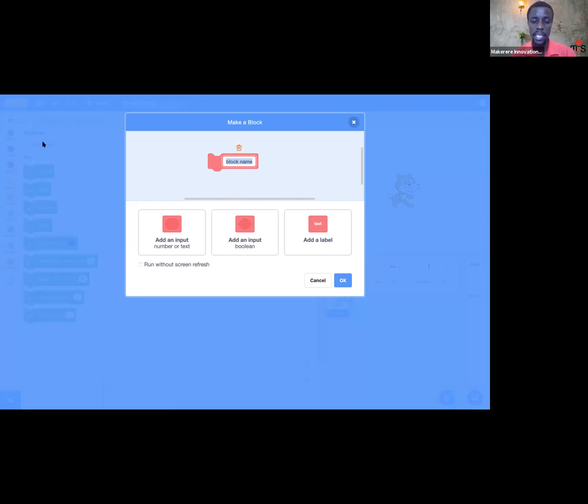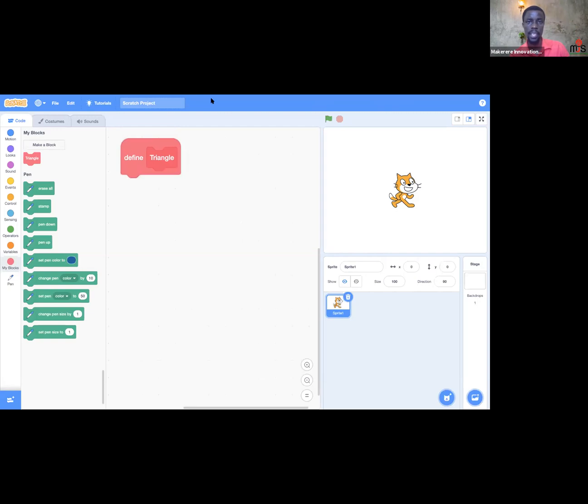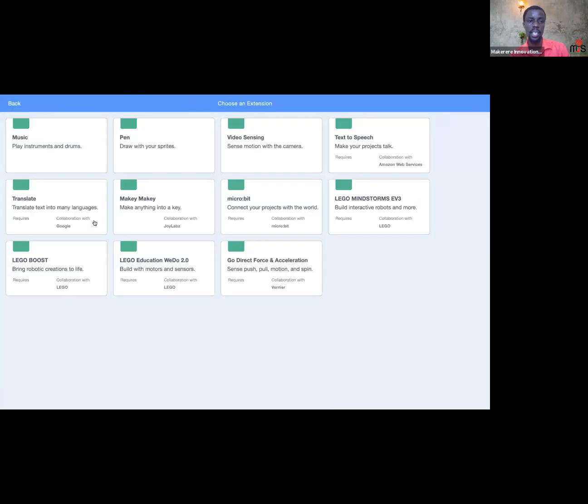A triangle has 3 sides. I'm going to press OK here after typing triangle. And then the defined program or function is going to be launched here. What I have to do is go to extensions and I get the pen,